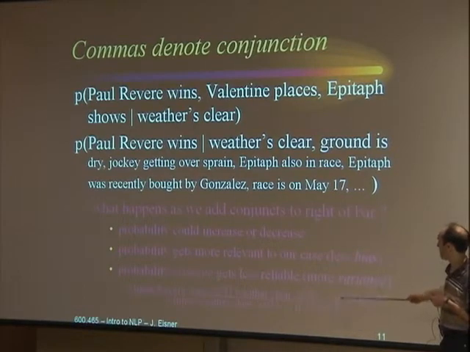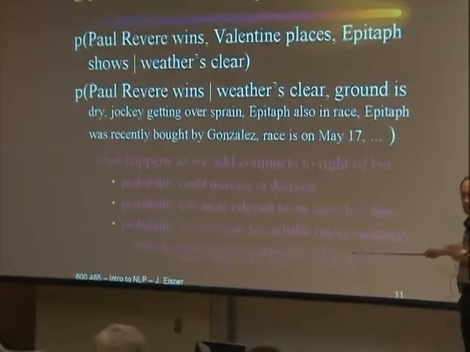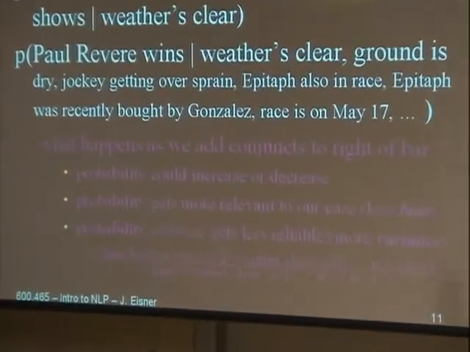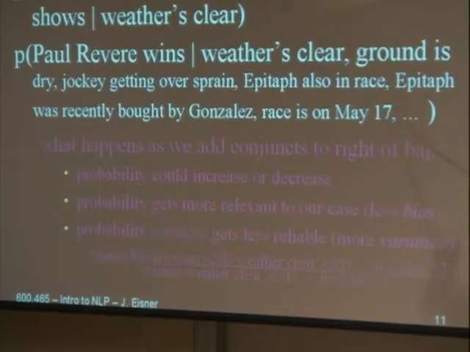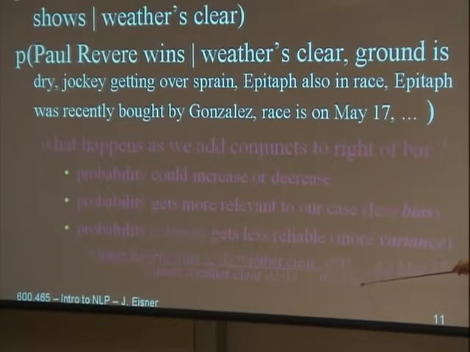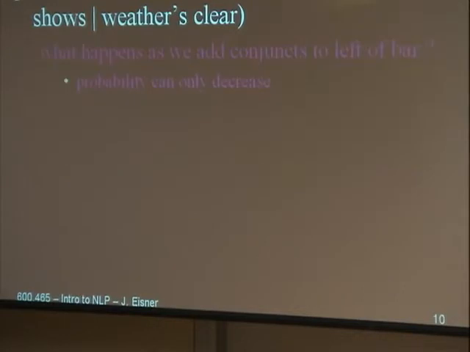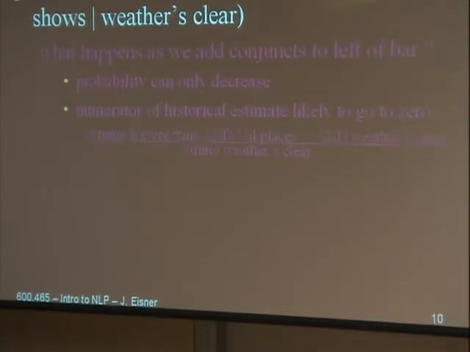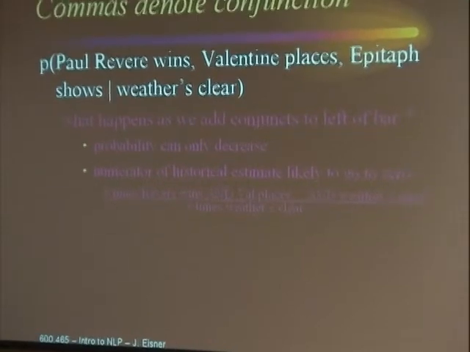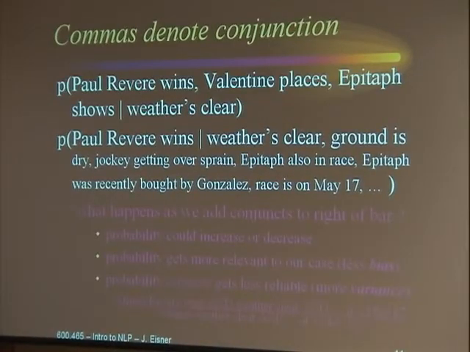So what happens if we take a historical estimate? Now the numerator is getting closer and closer to 0. Because as we add more things here, we're specializing the cases that we care about. The denominator also, for the same reason, gets smaller and smaller. So whereas on the previous slide, this estimate got closer and closer to, say, 0 out of 50, and the denominator stayed at 50, in this case here, the probability is getting closer to